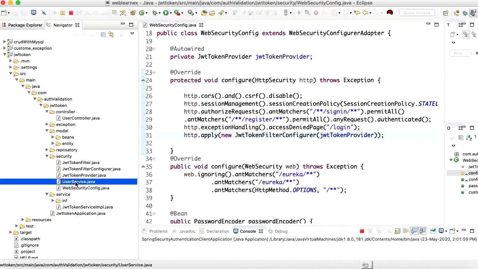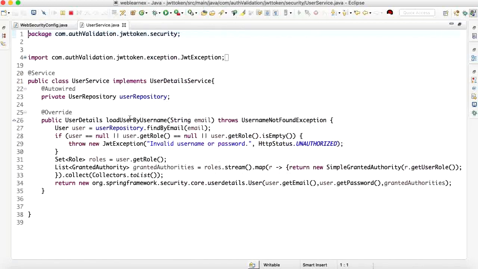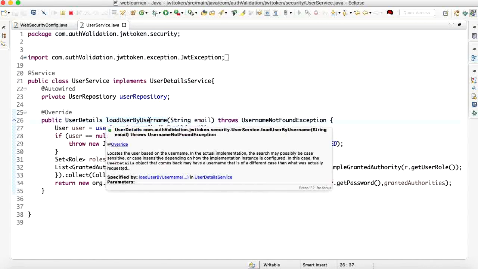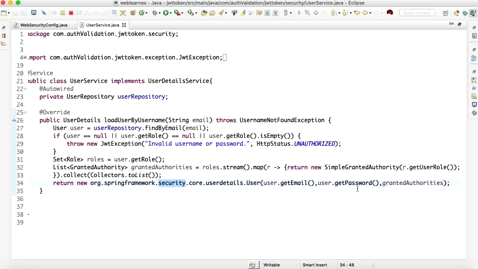The second is the user service. In the user service, it checks the user information using the username. It checks whether the logged-in user is a valid user or not. If it is a valid user, then it filters out all the roles, and if the role is also validated, then it will store the user information, meaning user ID, password, and granted authority, in the Spring Security core UserDetails.